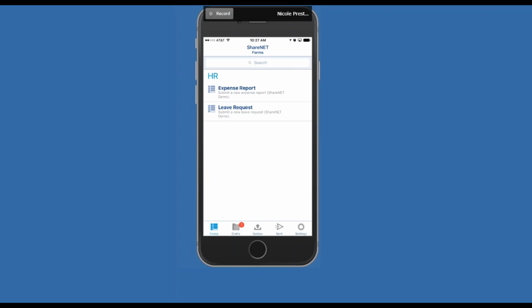So maybe you need to create an app just for the sales team to use while they're out on the road, meeting with prospects and clients, and we want to give them forms that they can easily capture leads, submit RFPs, expense reports, etc., and then kick off the underlying processes while they're out on the road doing what we need them to do. So in that scenario, we might only provide this app to our sales team, not to every employee in the company, and it's going to be tailored with only the forms that are relevant to what